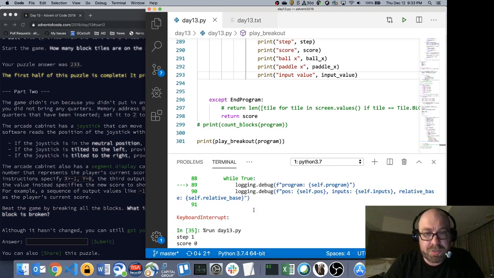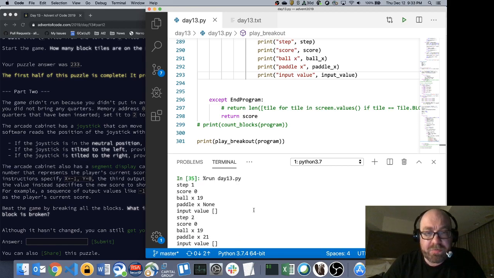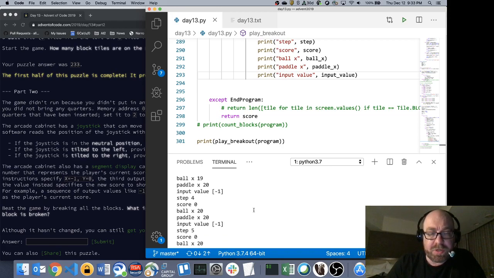So let's see now. So I have ball is 19, paddle's at 21, no input value. Ball is at 19, paddle's at 20, input value. Okay, ball's at 20, paddle's at 20, input value went the wrong way. Ball's at 21, trying to catch up. No, it's still not trying to catch up. So why is the paddle still going left if the input value is